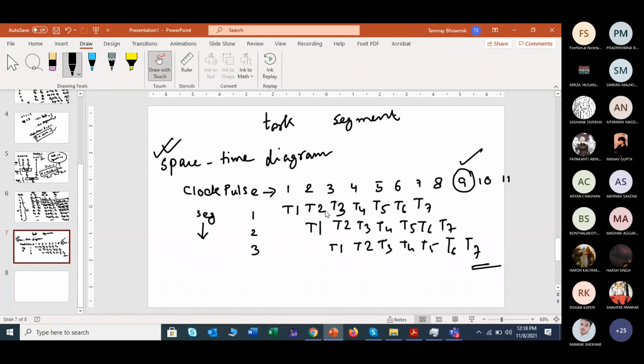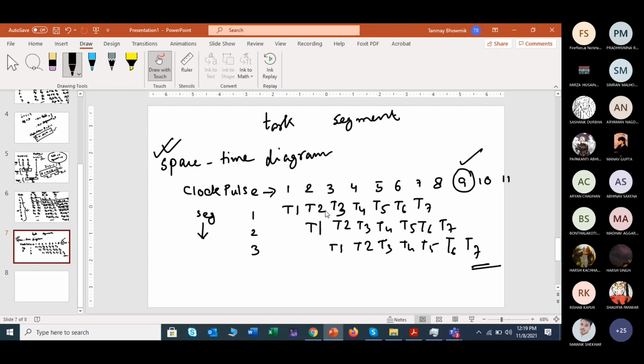Right? We have just taken this particular example. That means 3 segments and 7 tasks. So we have just added 7 plus 3 minus 1, so 9 is required. In that way, we have just mentioned that this is the formula. But we have not derived this formula till now, which we should do.